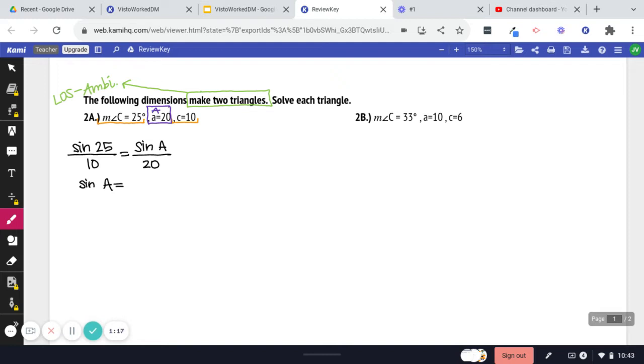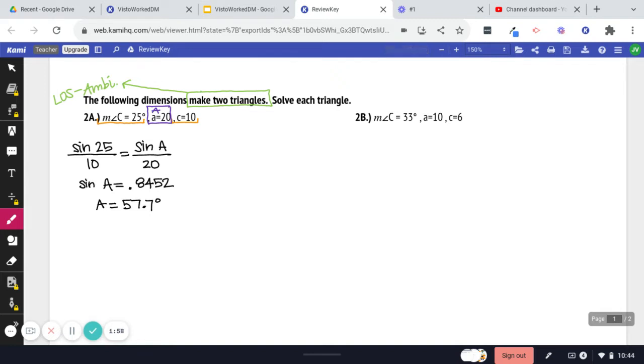And then I'm going to get that sine A is approximately 0.84523652348. Okay? We are going to do now sine inverse of that particular situation. And we're going to get A equals 57.7 degrees. Now it tells me it makes two triangles, but honestly, whenever you see sine inverse, your brain should